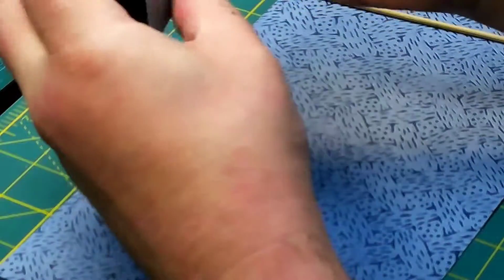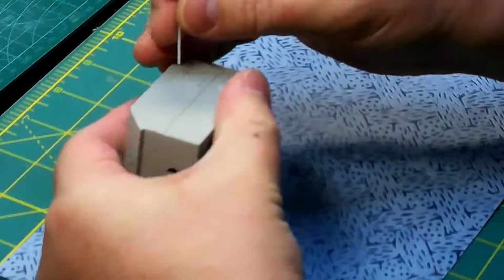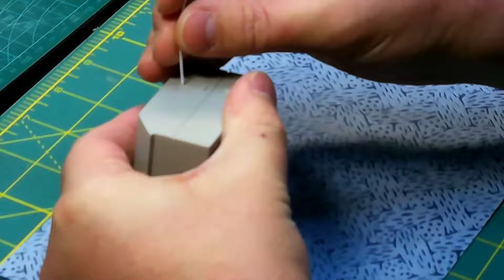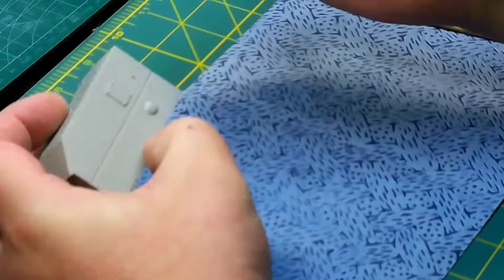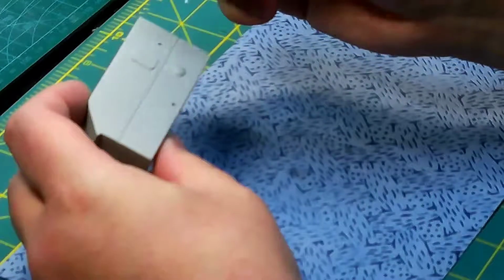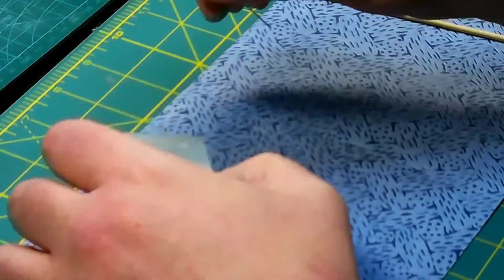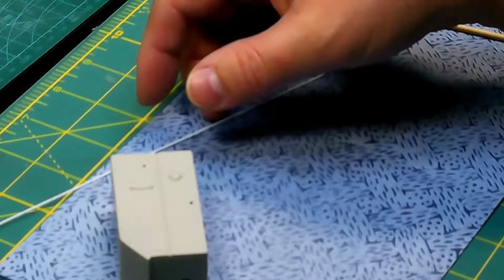It's hexagon rod, and if you look at the bolt detail or the rivet detail on this panel right here, it is roughly the same size. And I figure since it's a bolt, it would be like a nut driver bolt, because the bolt details are just round. And then for rivet detail, I